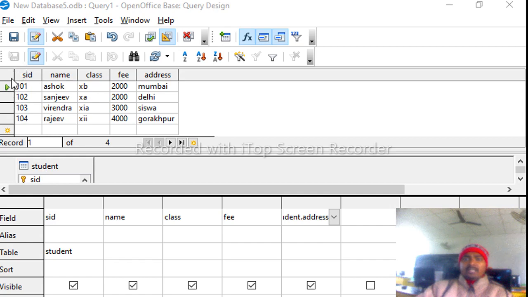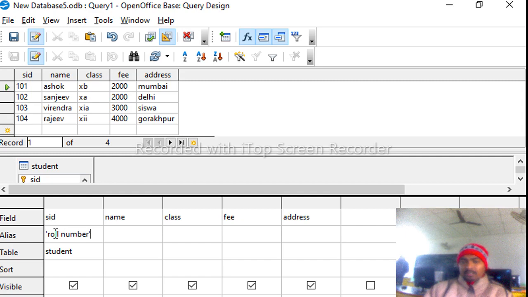We can see here the first field name is SID, but my requirement is to print roll number instead of SID. Simple thing is put a new name, or you can say alternate name, doesn't matter. I'm going to put here roll number.